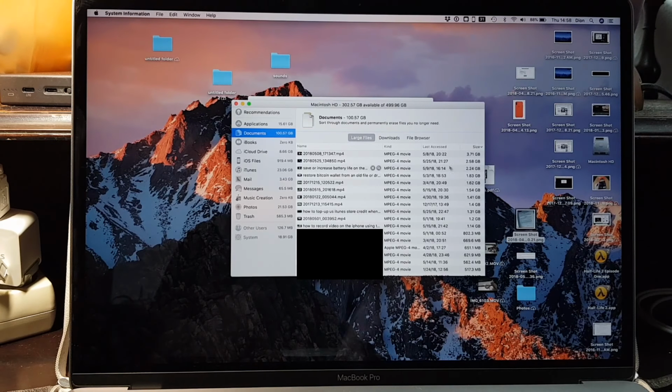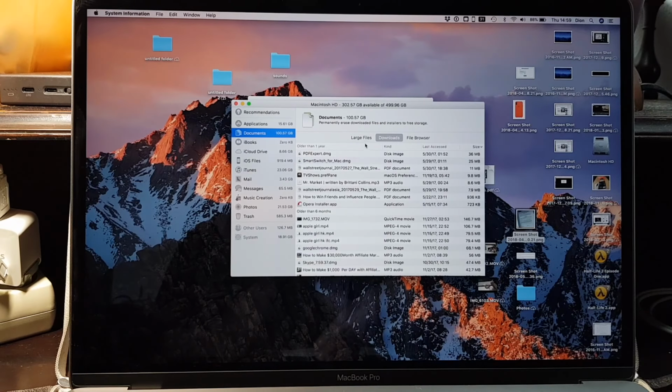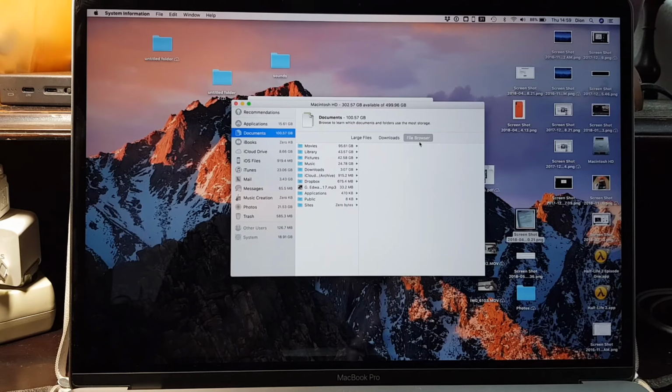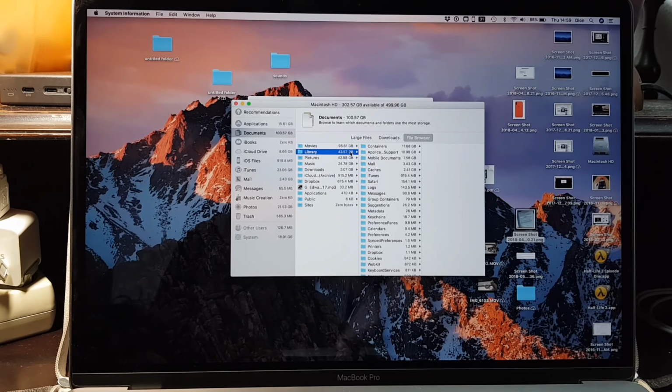In this case, the largest files are video files, so you might want to move the large files to an external hard drive, or you delete them directly from here by clicking on the X button. And you also can view your download folder, and you also can use the file browser to see where your